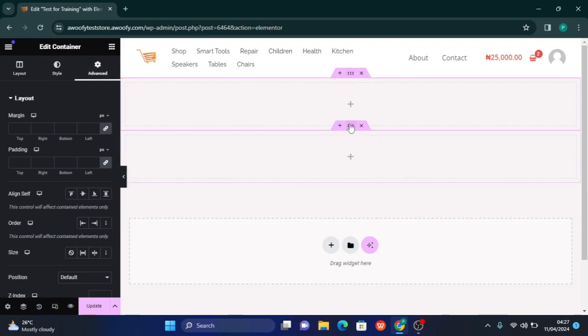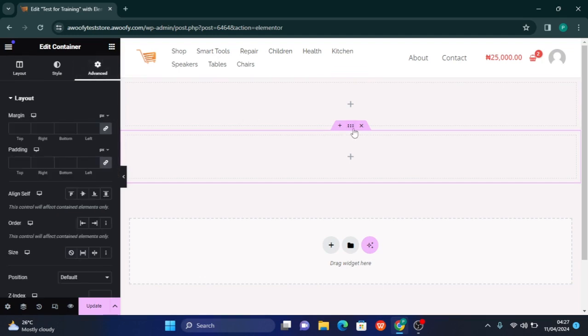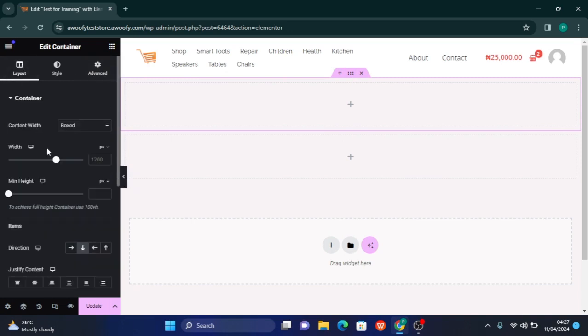Now, if I highlight this guy, whatever I add to this layout, whatever style I add here, whatever advanced setting I add here, is added to this guy, because this guy is the one that is highlighted. So if I highlight this guy and I come to layout, whatever I add here affects just this guy. For instance, let me make this guy